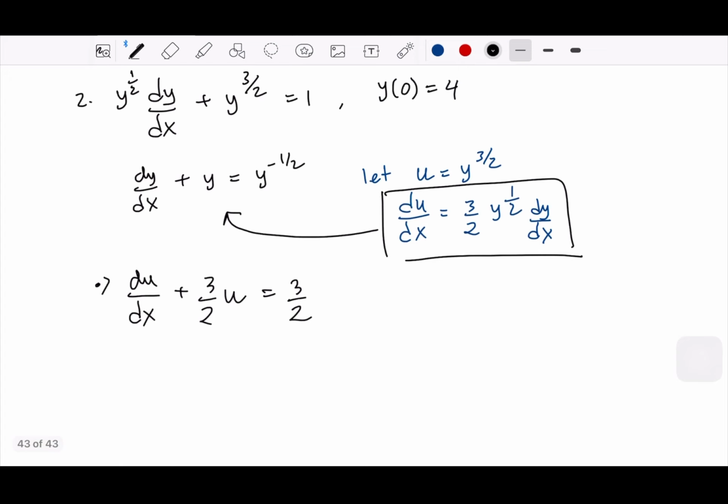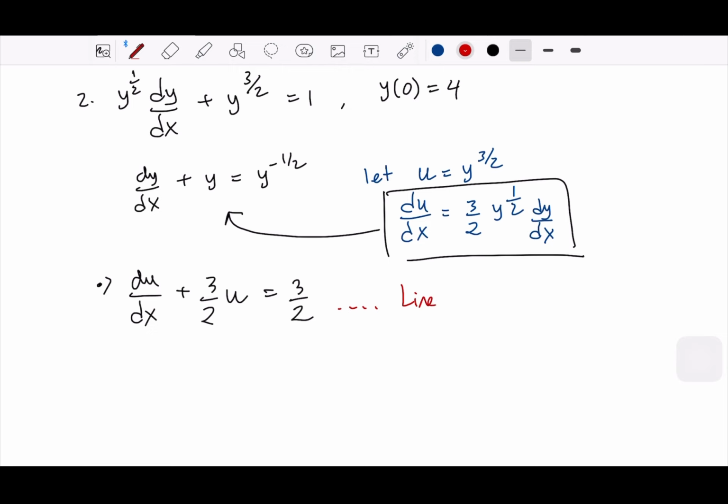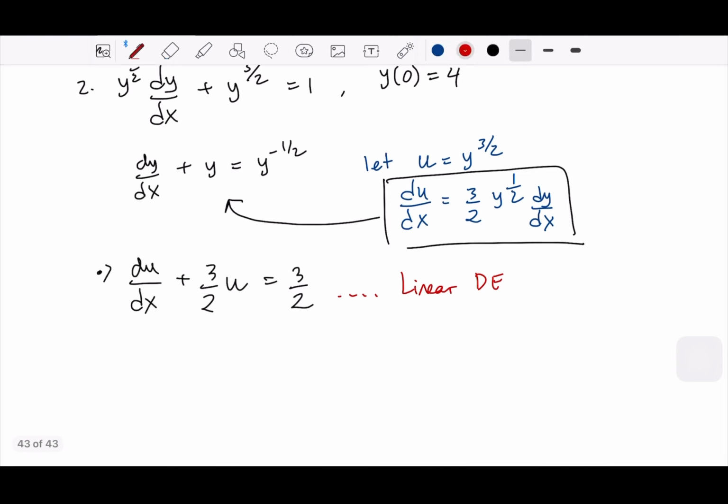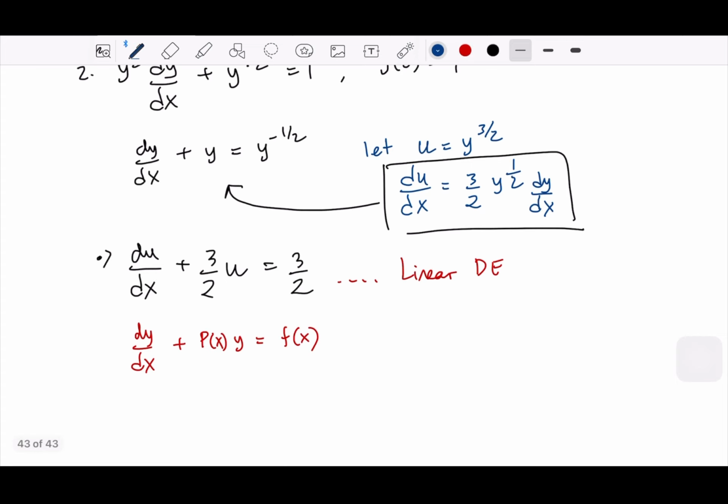And then from here, we take the linear differential equations, and it's the same as this. So p(x) is 3 over 2, so we can take the integrating factor, e to the power of the integral of 3 over 2 dx. So we have e to the 3 over 2 x,